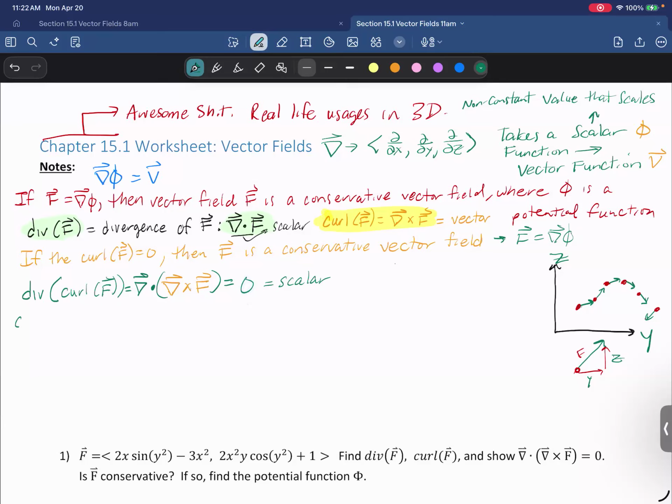And if we do the curl and then the curl of f, this leads to a wonky formula that is a pain to memorize. And I don't think it's worth your time to memorize unless your actual career has you doing it a lot. Where